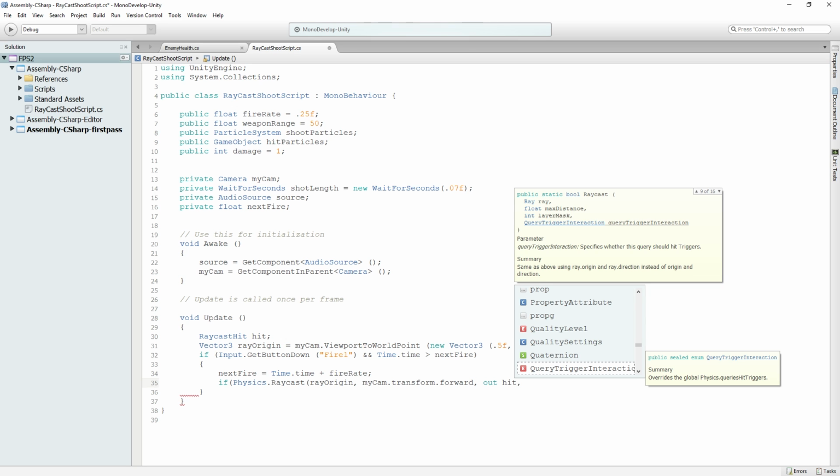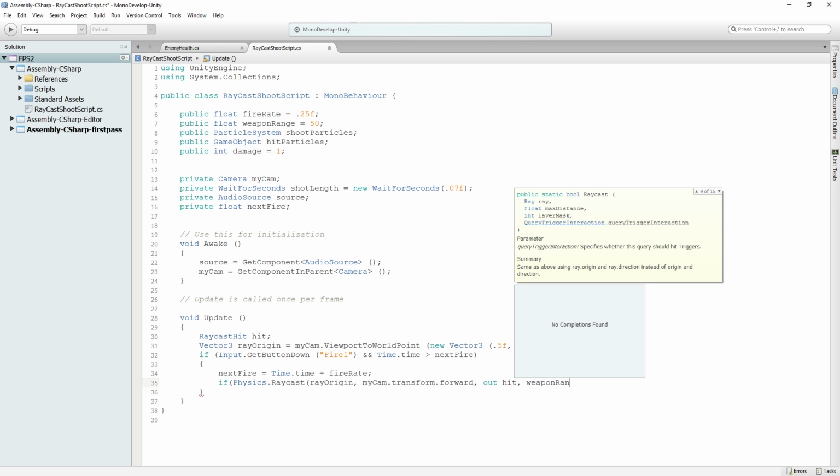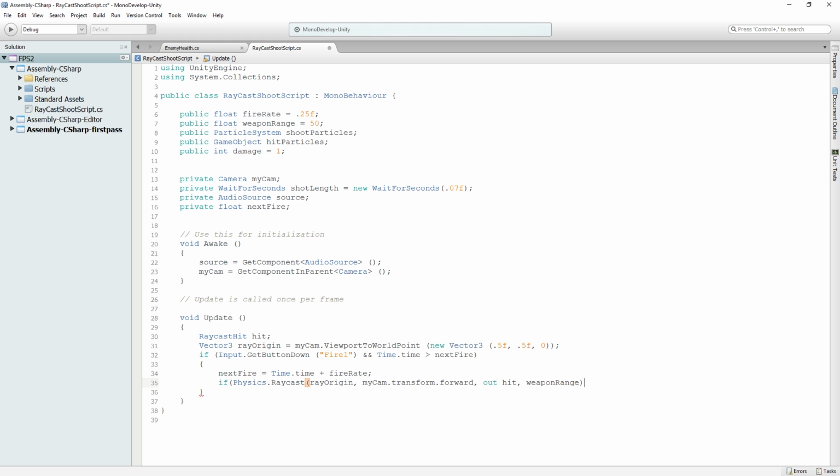And then the final argument that we're going to pass is the weapon range, right? The distance that we want to cast over. Now, if we hit something, right, because remember that physics.raycast returns a Boolean, our if statement now is going to evaluate to true. We're going to do the following